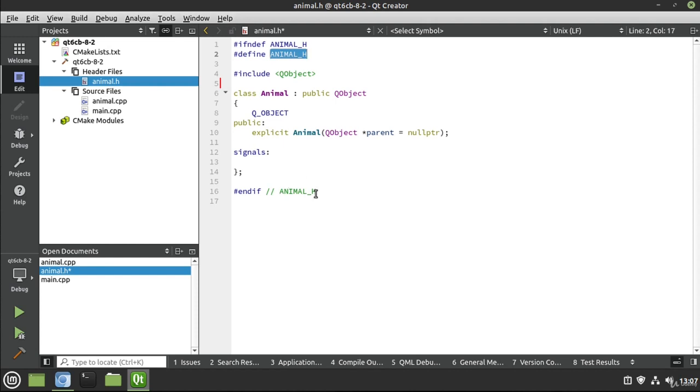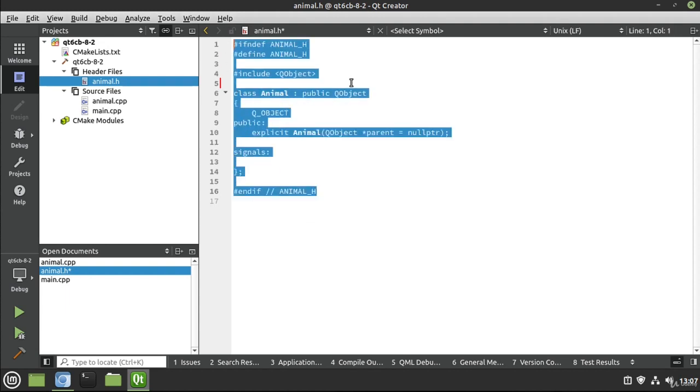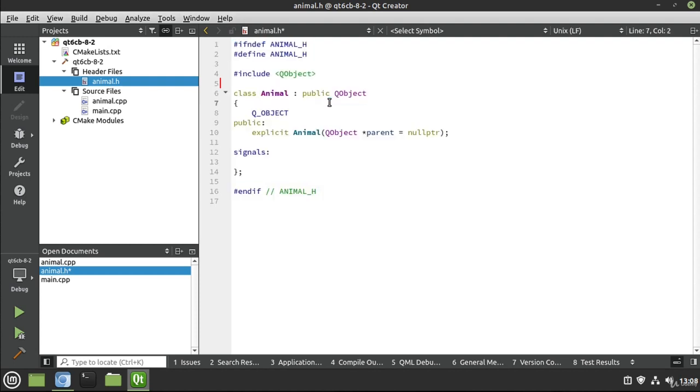And then way at the bottom, we have this end if. So we have an if and end if. We understand the if statement and flow control, and this is very similar. We're telling the preprocessor, hey, this is something we're going to define. If we've already defined it, don't define it again. That gets into a little bit more of advanced C++, but I want you to understand what these actually mean. We're defining something. Now, we're going to go ahead and include QObject because QObject is the base class of, well,